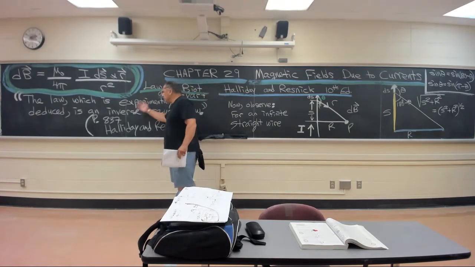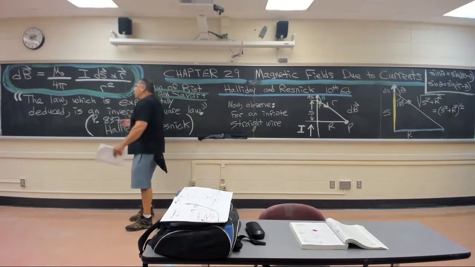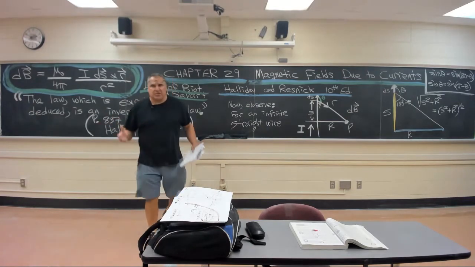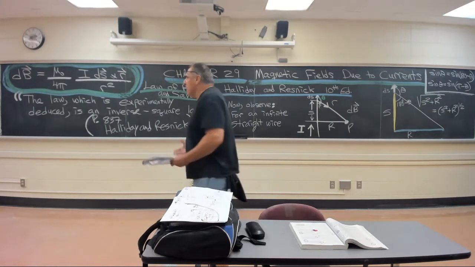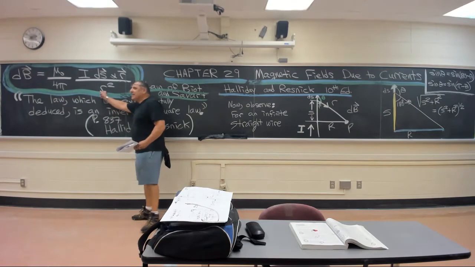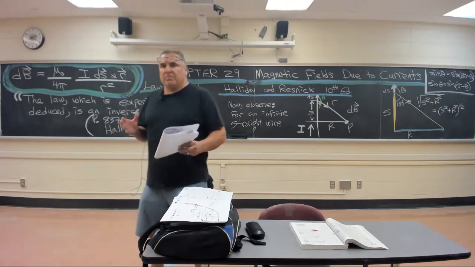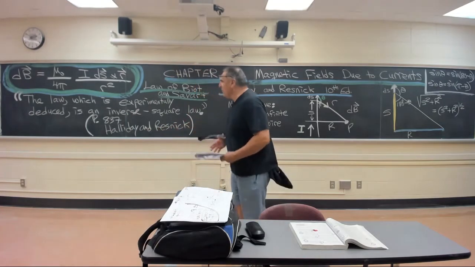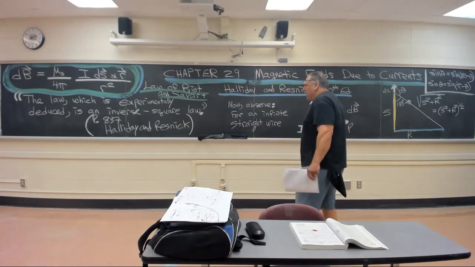The law, which is experimentally deduced, is an inverse square law. Further away you get, the less B field is associated with what is going on with the current flowing. The further away you go, the less B field is associated with it, related to the square of a particular distance. Now, it's a slightly more complicated matter than this, but essentially,